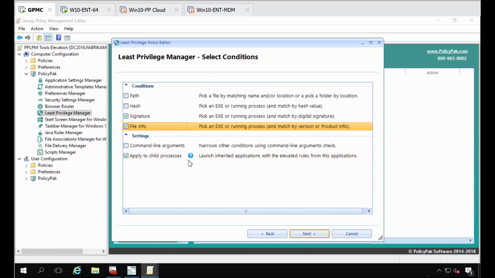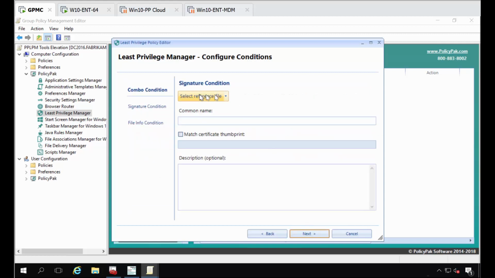I'm also going to apply to child processes, so that way if something is trying to be uninstalled or you're trying to install a driver or whatever, then it'll keep working all the way down the line. So these are the three checkboxes: signature, file info, and apply to child processes. Then I'm going to select a